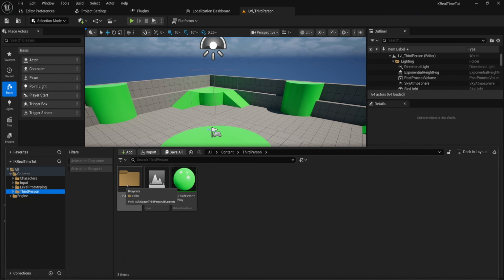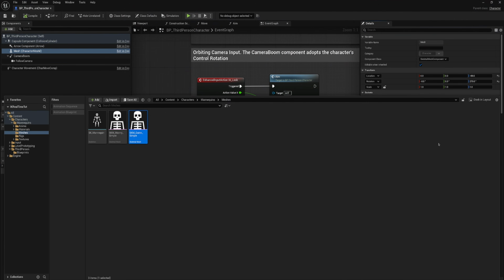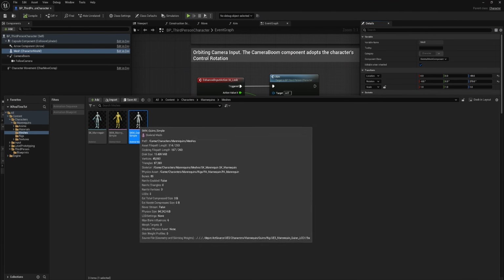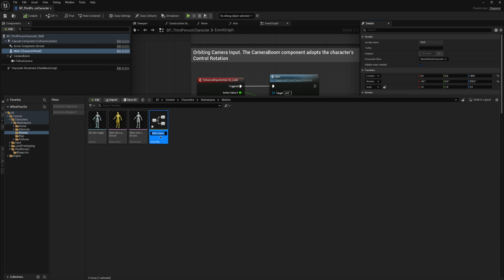We're going to do this with the third-person character. So let's open up that third-person character real quick, because I want to find the skeleton mesh that we're going to be working with here, the Quinn symbol. I'll right-click on that, and then I will create a new control rig. I will give this a name like Quinn Simple, and instead of control rig, we'll call this RTIK for real-time